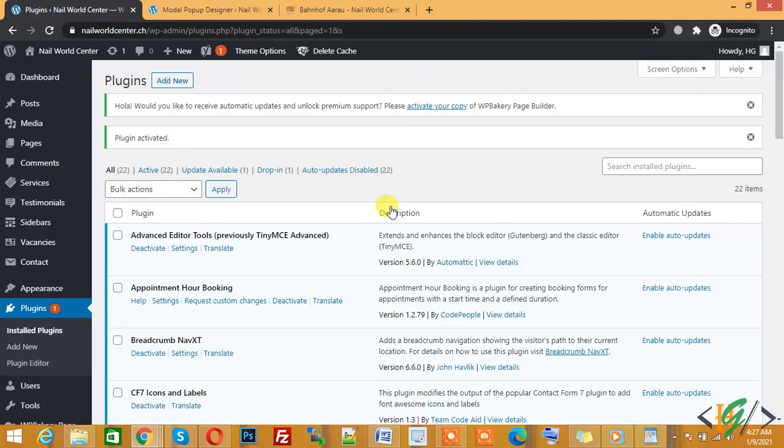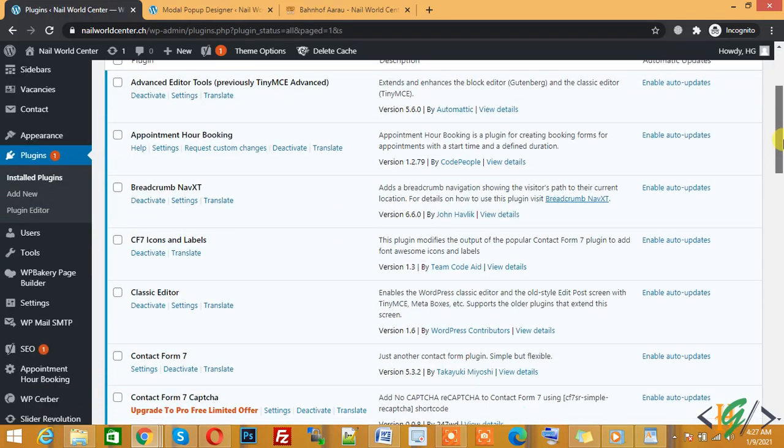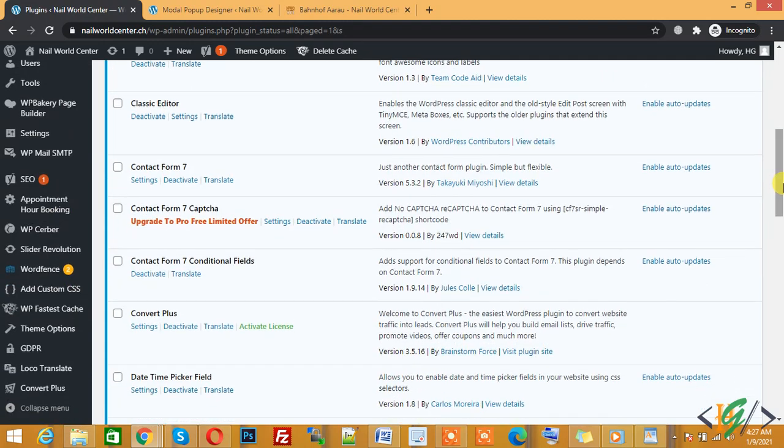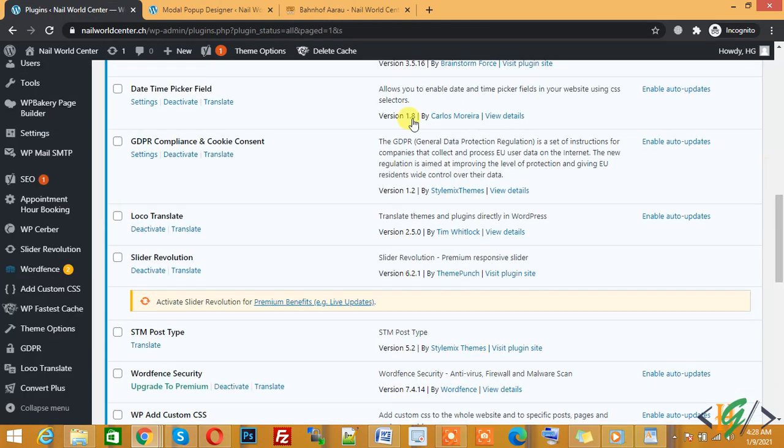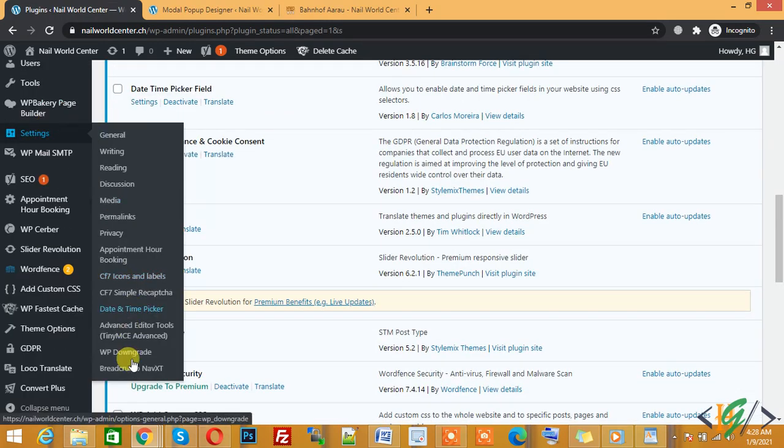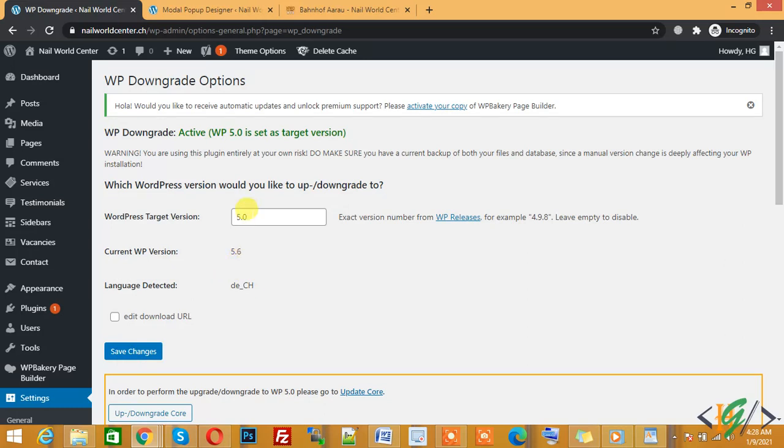The plugin is activated, and now go to settings and click on WP Downgrade. We will downgrade the WordPress version, like here 5.0, and click on save changes. You can write any WordPress target version.